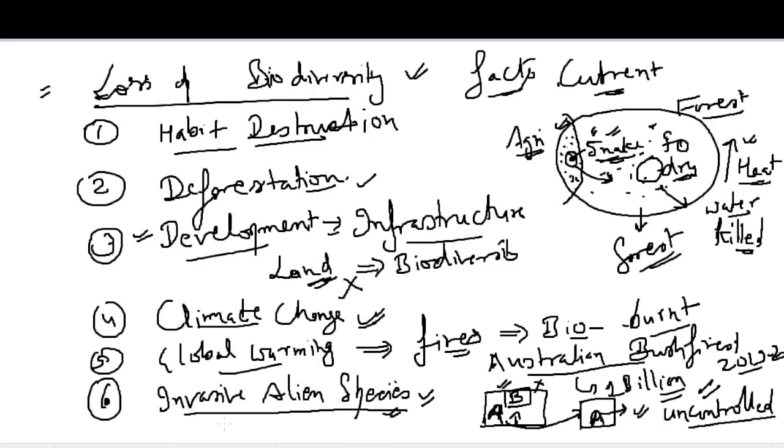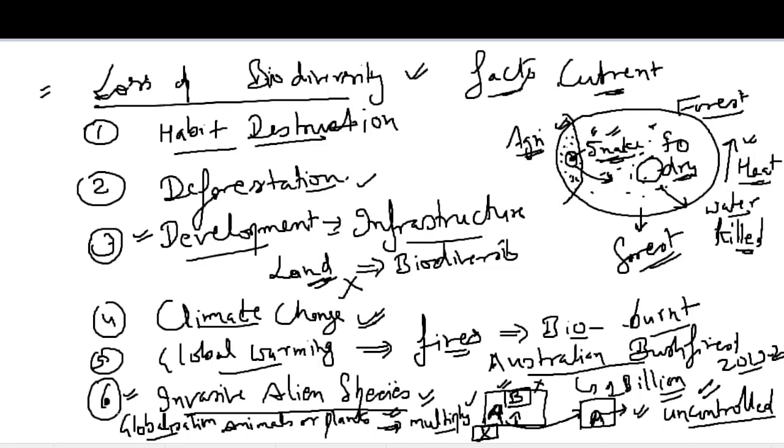So this is the same concept as invasive alien species. These are species of animals or plants which move to another area that is not their original area. They multiply at a very fast rate, and hence the species of the area where they have migrated to become endangered and maybe extinct. Because of this, biodiversity is being lost. So how are these invasive species moving? It is because of globalization.